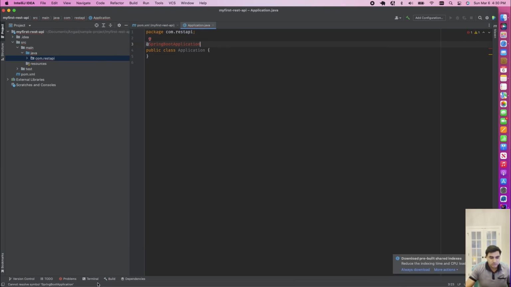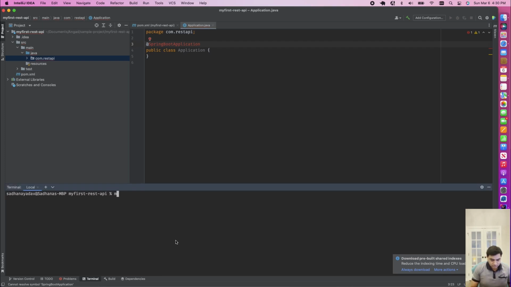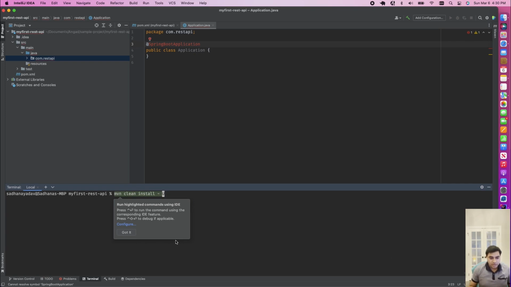So what I will do, I'll go to terminal, mvn install. You need to have Maven installed on the system. I'll give a command for how to install Maven on your Mac. I'm using a Mac, so to install Maven it's really simple. brew install mvn. This command will install Maven on your system. On Windows, I'll give the command. I don't have the command handy, so what I will do,